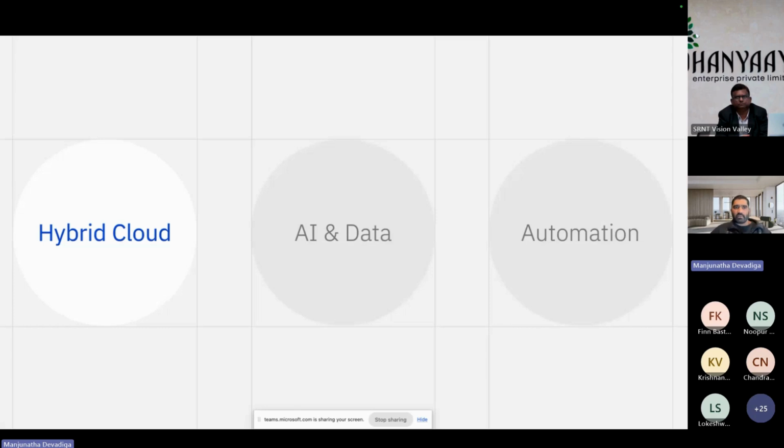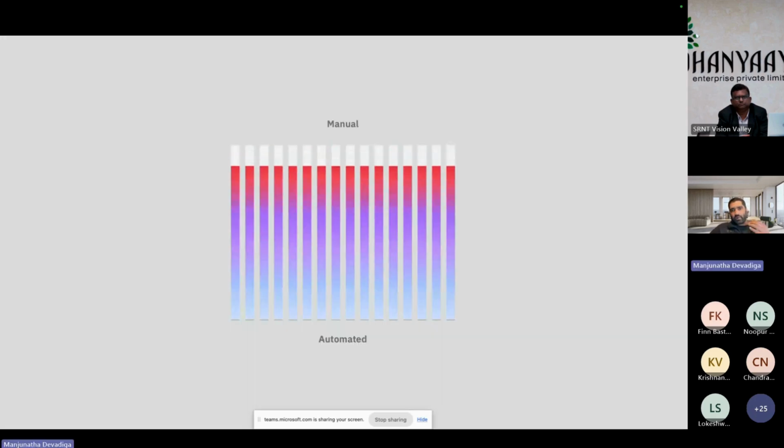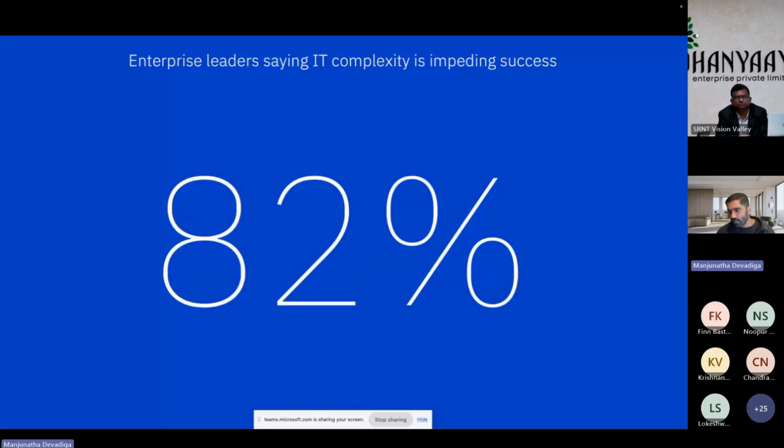So this is where there are key concepts. These are the three critical pillars which are part of your innovation journey, right? So now with this, there is a lot of stress on moving from manual process to automated process, and I also gave you certain reasons which will help you to do so, correct? Now let us talk about some statistics and numbers, and that will help you to understand the scenario which I'm talking about. So enterprises today, some of the leaders talk about